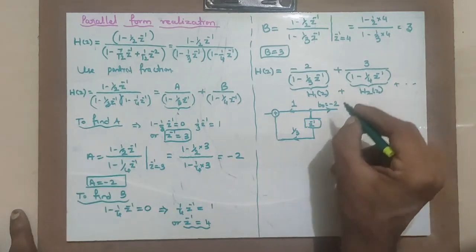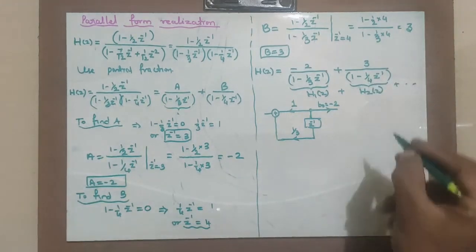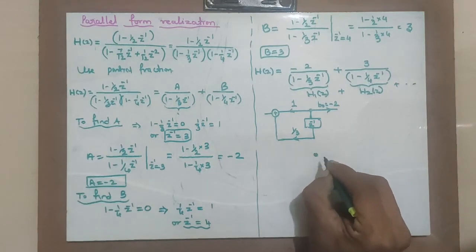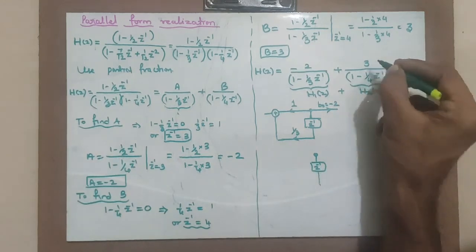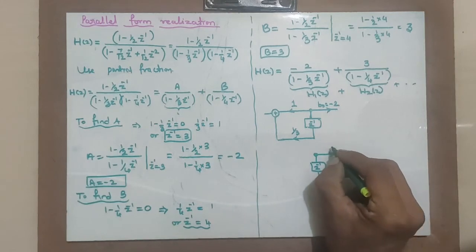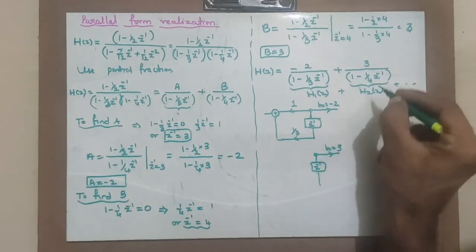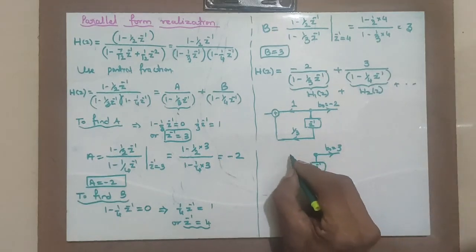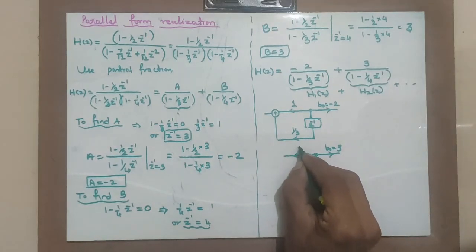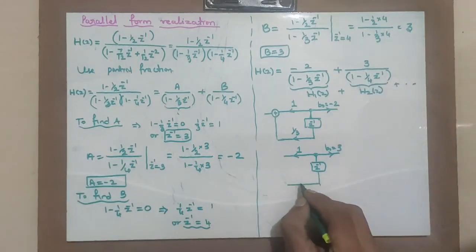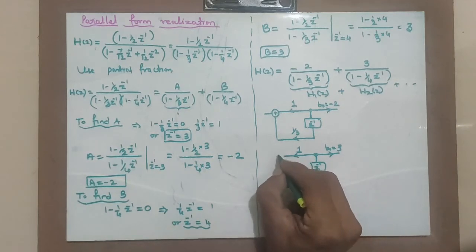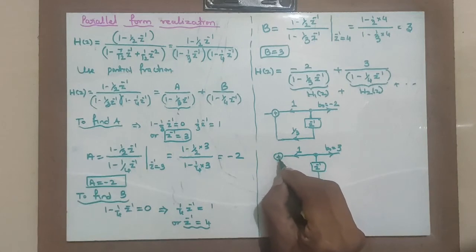Now the second structure, H2 of z, I have to implement. Take again the central limb and one delay element, and the numerator b0 becomes equal to 3 for this. No further terms are involved. Now this is 1, a0, and minus 1/4 is there, that is transformed into minus of minus, that is 1/4. Then the further structure, summing up.